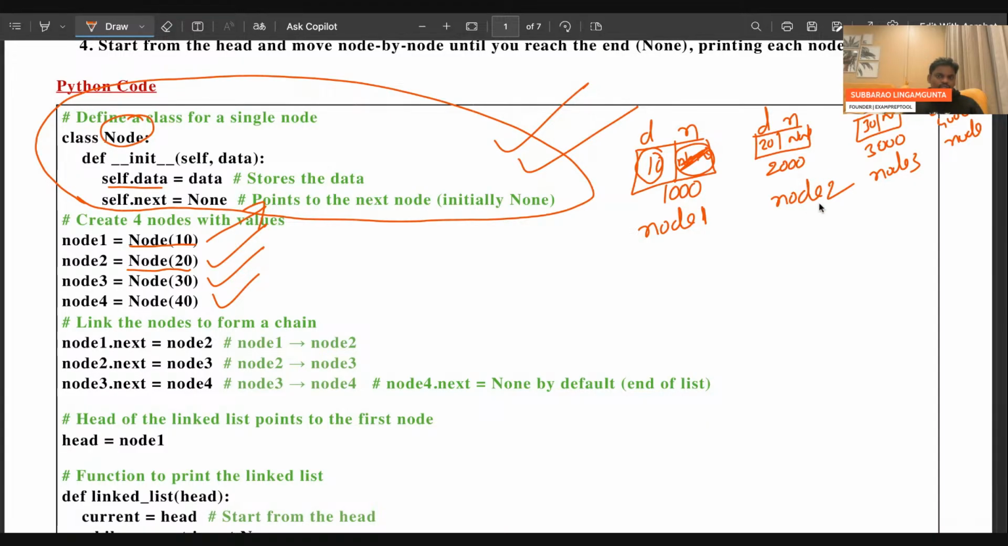Node 2 means 2000. Node 2 dot data, so 20. Node 2 dot next, so null. Like that, this will be linked like this. It is 2000. It is 3000. It is 4000. Like that, linking is done. Right? Fine. So if anyone is confused because of me,